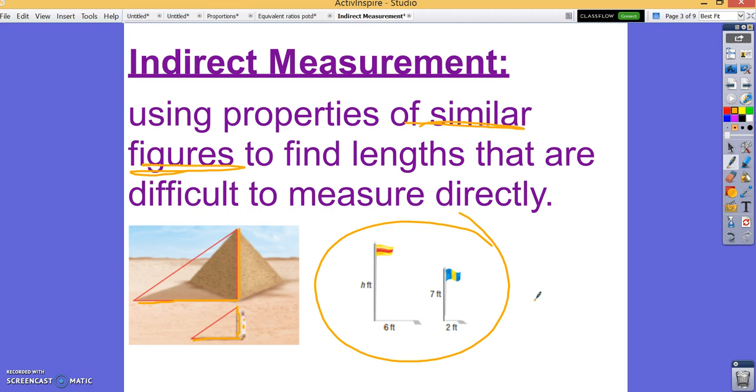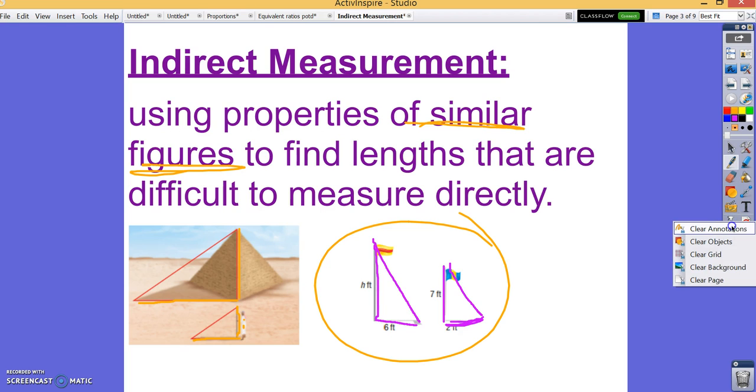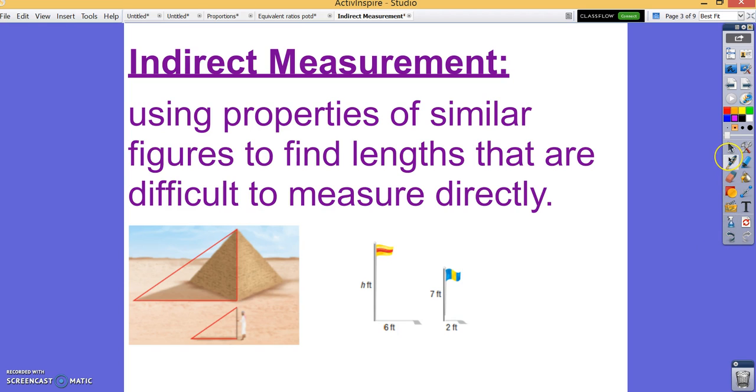Basically, even though we don't see a triangle with our eyes, between the shadow and the flagpole, it's creating a right triangle that is similar to the right triangle created by the flag right next to it. So because of the way the sun is hitting it, because of the shadow that it's created, they are similar triangles. We can set up a proportion just like we would with similar figures